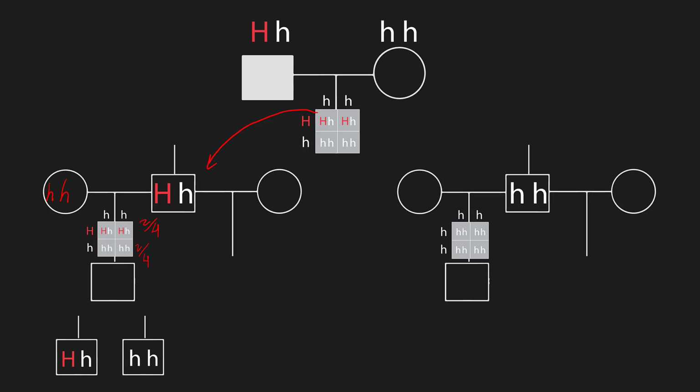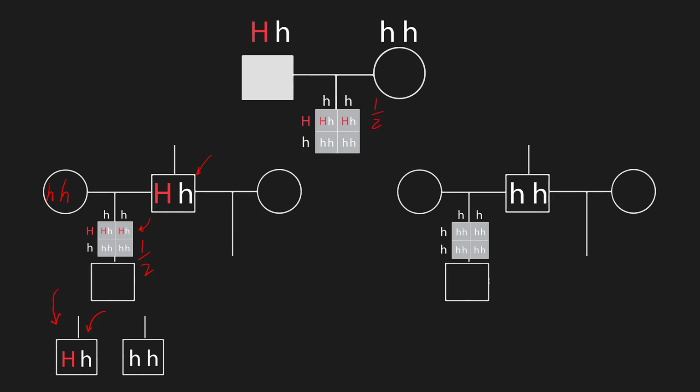So let's focus on this possible outcome. We know that there is a 1/2 chance that I'm going to be a carrier. That's how we ended up going to the left scenario, the left tree. Assuming that I am a carrier, the probability that I'm going to pass on my mutant allele is again 1/2, therefore adding another half to our calculations, right? So assuming that this individual is a heterozygote,